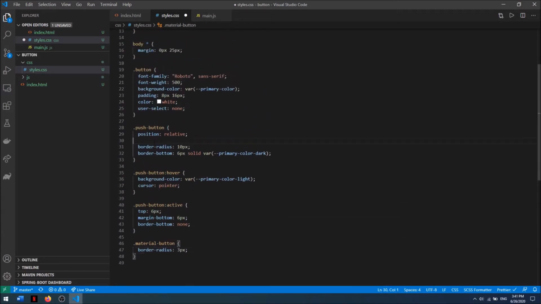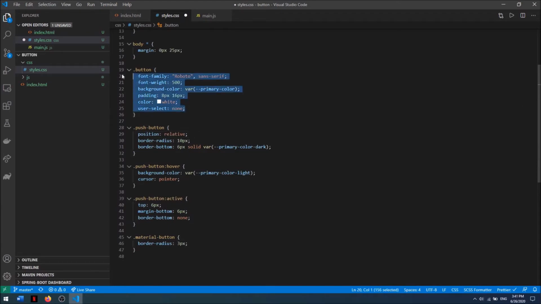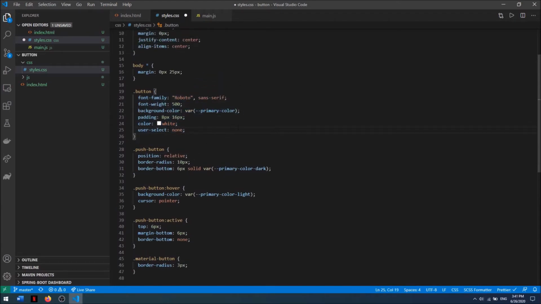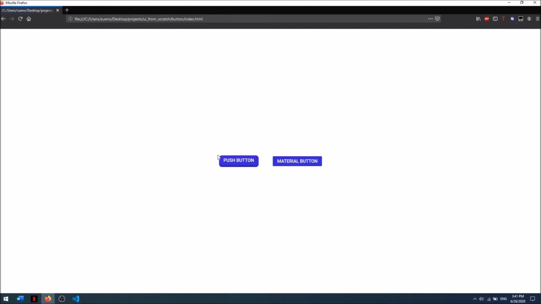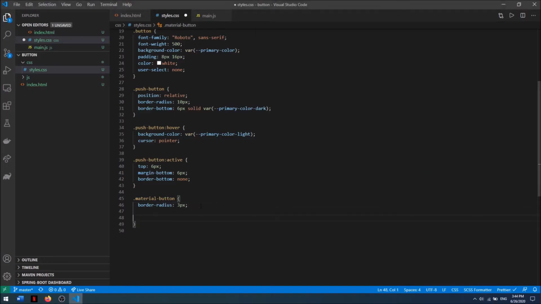And now both buttons will use this styling, which is a lot cleaner. And if we refresh the page, nothing has happened, but the code is a lot cleaner. So next up, I'm going to add some box shadow to our material button. And I'm going to do that by saying box-shadow,